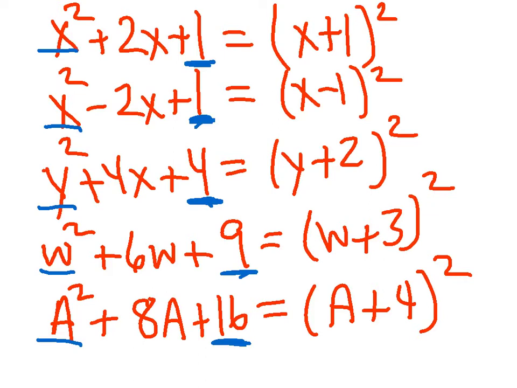But that's not enough to have a perfect square. You have to look at the middle term as well. The middle term has to be equal to double the product of the square roots of the first and last terms. That's a lot of words, but all it means is